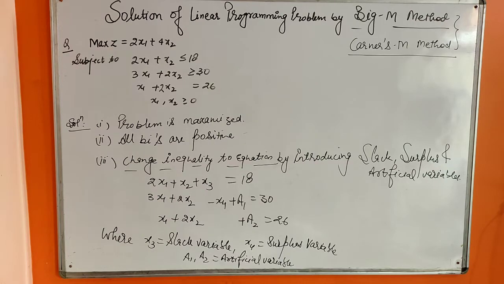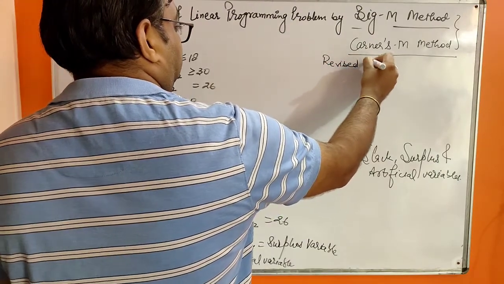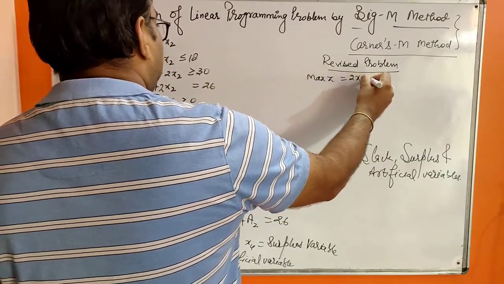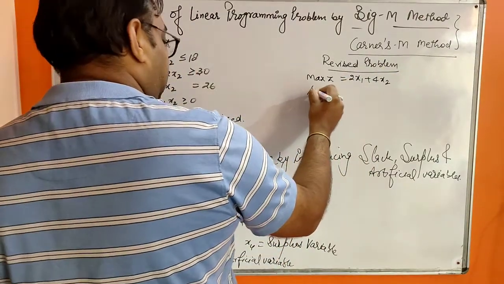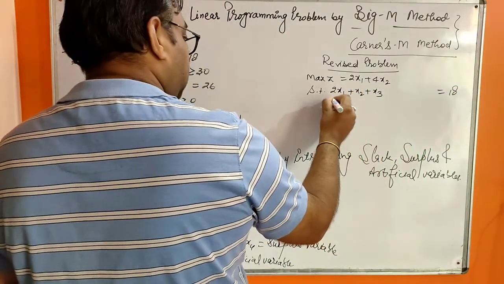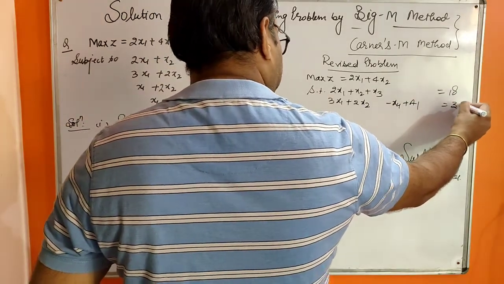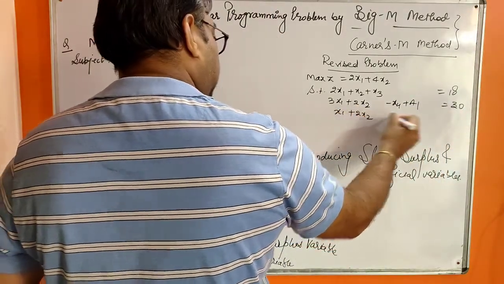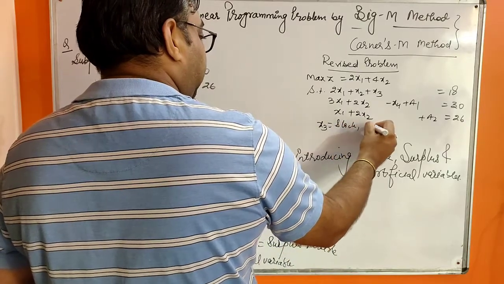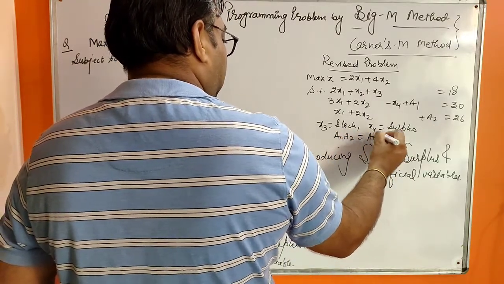So we can write a revised problem. Maximize z is equals to 2x1 plus 4x2 subject to the conditions 2x1 plus x2 plus x3 is equals to 18, 3x1 plus 2x2 minus x4 plus a1 is equals to 30, x1 plus 2x2 plus a2 is equals to 26, where x3 is the slack variable, x4 is the surplus variable, a1, a2 are artificial variables,